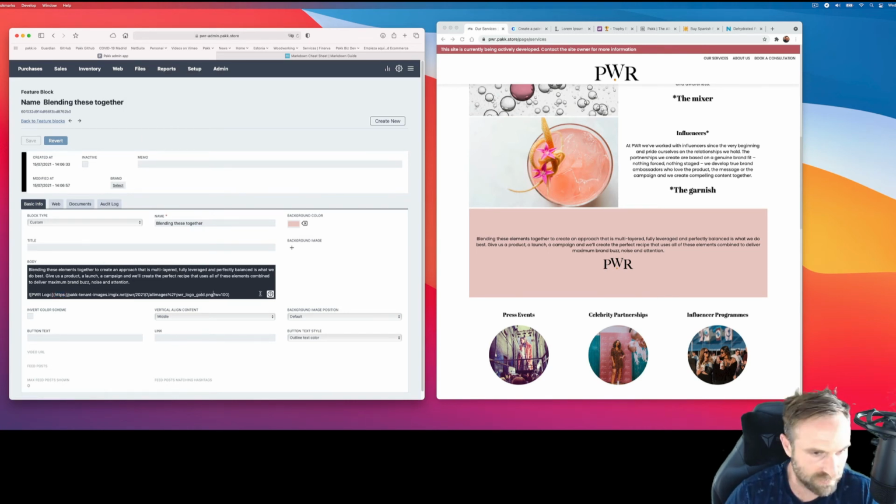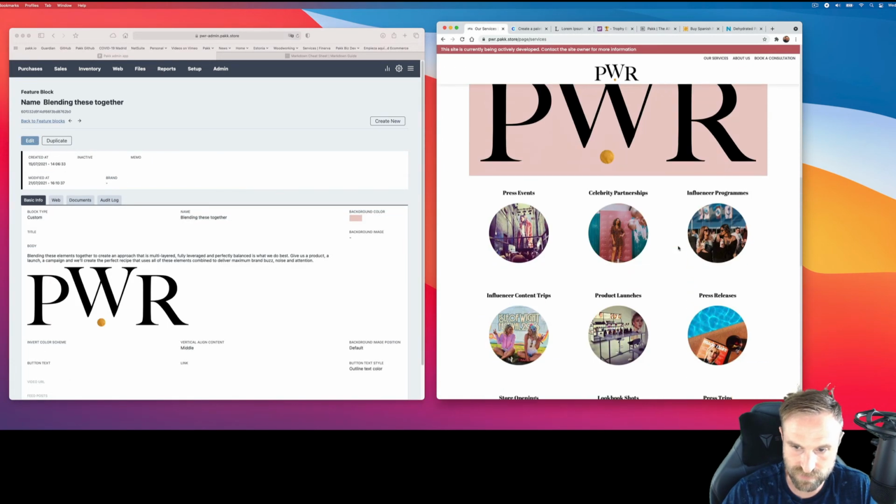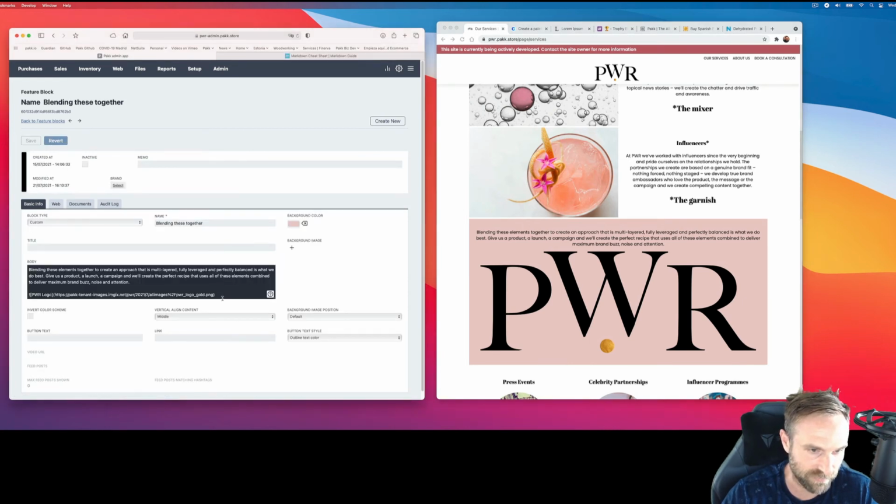The only thing you need to learn how to do is control the parameters to control different aspects of how you want the image to show. And I'll show you the documentation for this in a minute. But basically, if I remove this and just put the image link here, you'll see that it's going to be huge because that's the original size of the image, without any kind of processing applied. And it's still limited to the width of the block, so it's not going to go outside of the block, but it looks kind of crazy. So let's reduce it down. And the way we do that